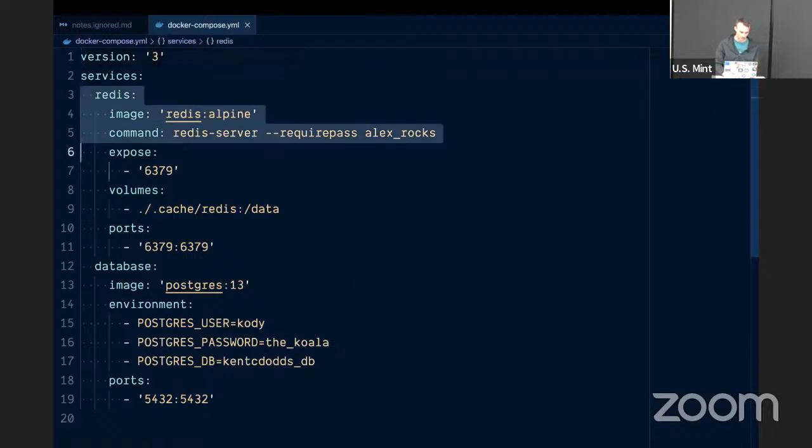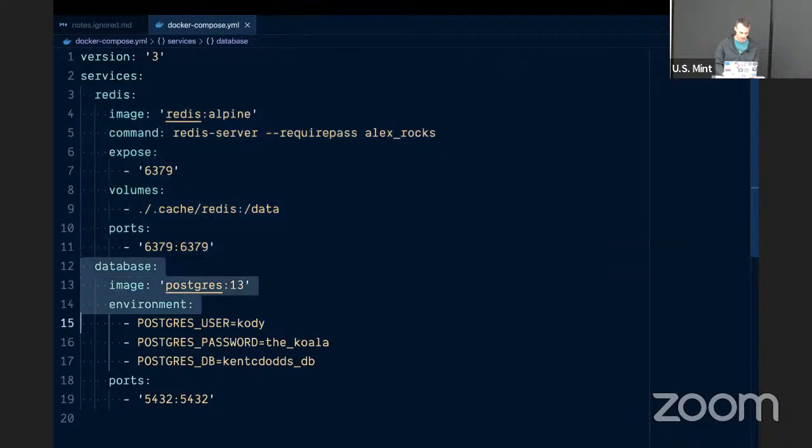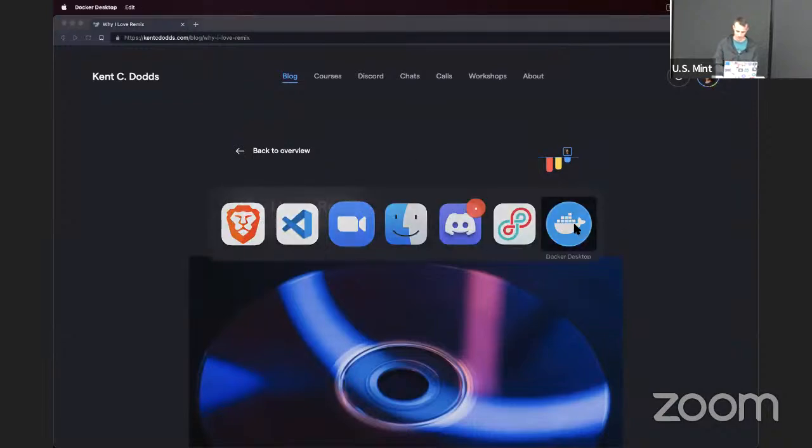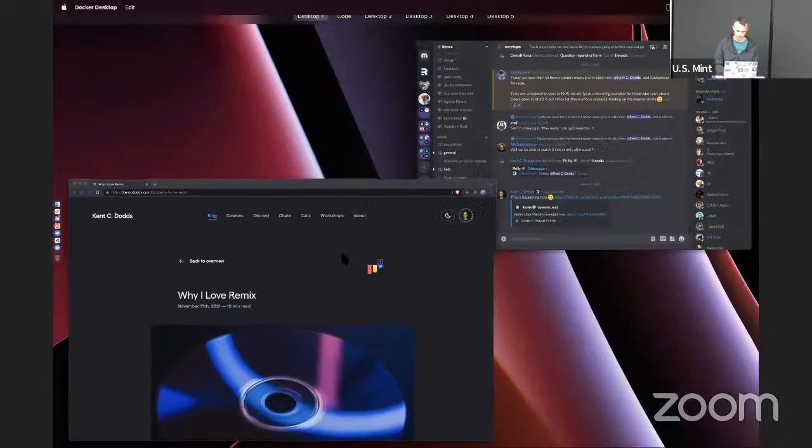So I have two services, Redis and database. I still have no idea, maybe this should have been Postgres, but Docker is responsible for loading up these individual images and getting them up and running. And then I am using the Docker app on my machine, which sometimes takes a really long time to pull up. It's coming, it's coming.